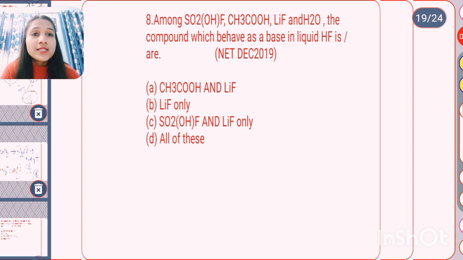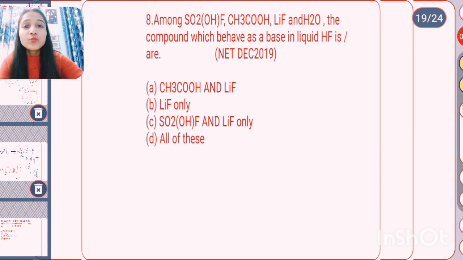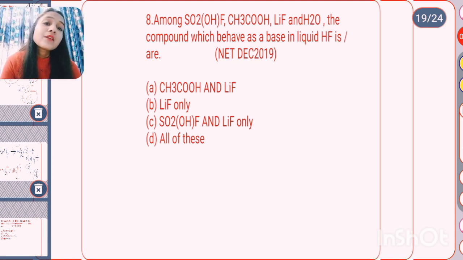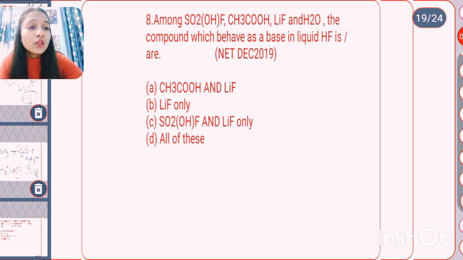Now the 8th question is: among SO2OHF, CH3COOH, LiF and H2O, the compound which behaves as a base in liquid HF is. We have to tell which of these compounds will behave as a base in liquid HF. So in liquid HF all compounds generally behave as base because we have to want